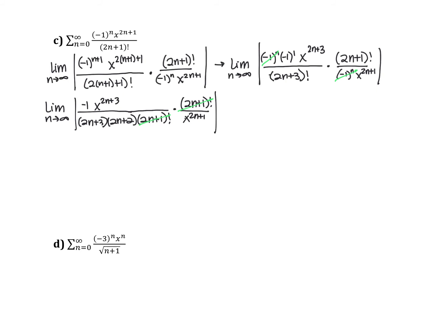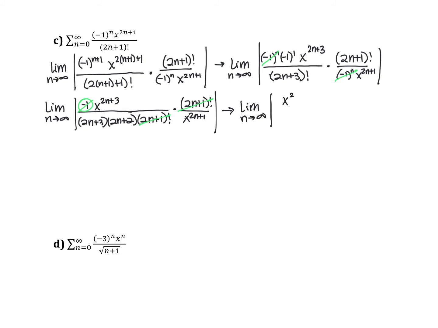All right. Cleaning this up, a few things. One, this negative 1 term is going to go away as well because we're dealing with an absolute value. So that negative 1 is going to become irrelevant. Now, the only other thing that I can do is use my power rules, or my exponent rules rather. And what that's going to allow me to do is I would have x raised to the 2n plus 3 divided by x raised to the 2n plus 1, which would give me the limit as n approaches infinity of